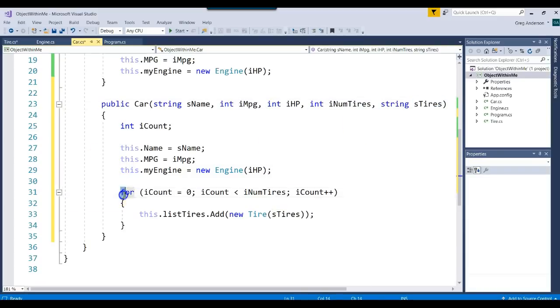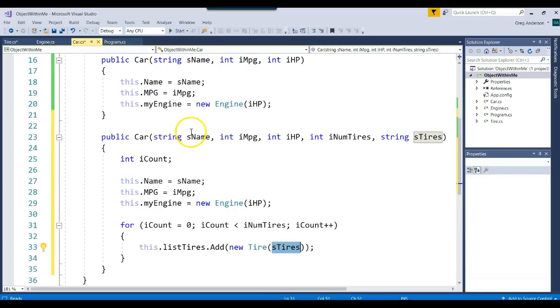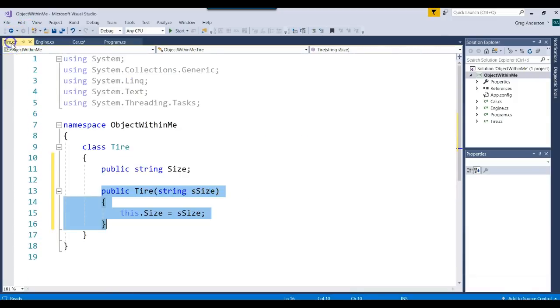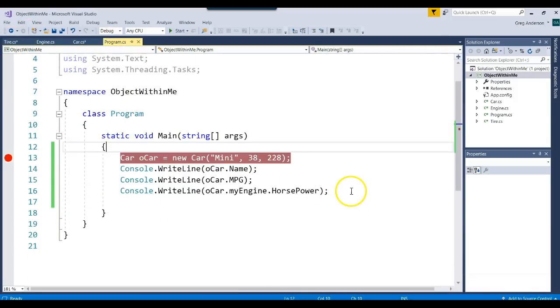And in the actual constructor, we'll say let's create a loop, and for the number of tires they said they had, let's go make a new tire object by calling the tire constructor, pass the description to it, and so by the time we're done, we're going to have multiple tire objects associated with that car. Let's come back over our tire class, and we do have that set up correctly,